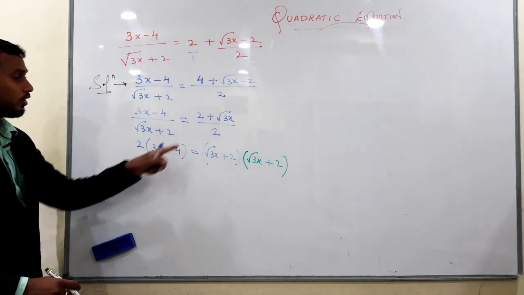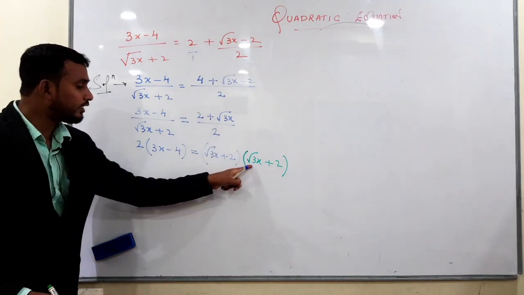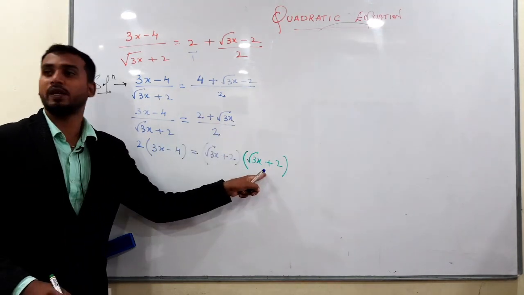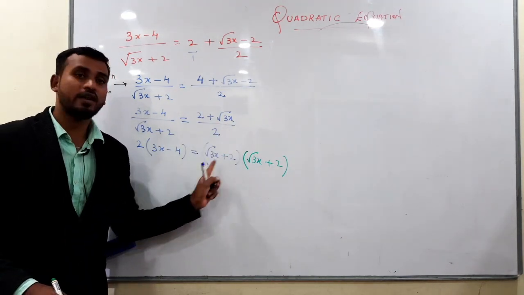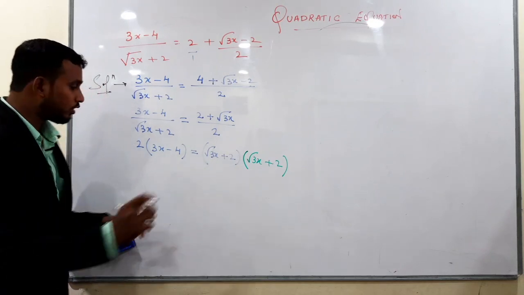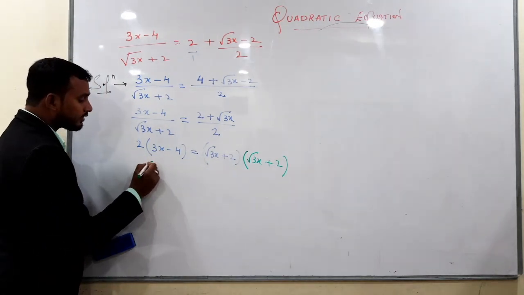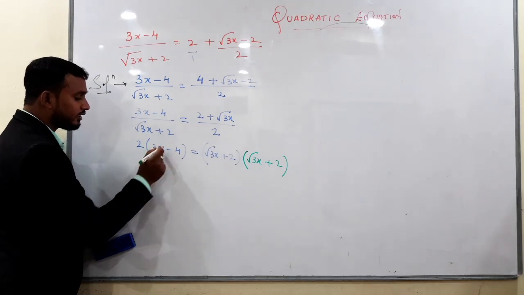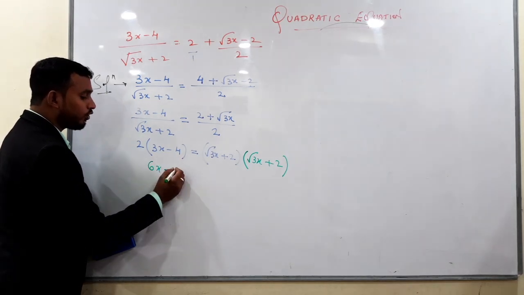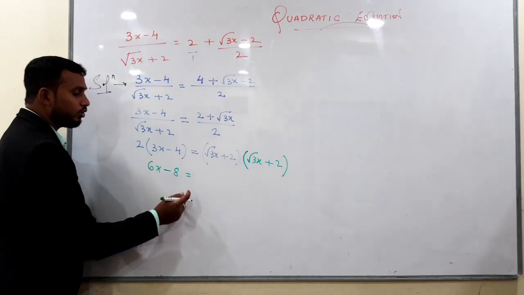Got it? So this is this term and this is the denominator which we have multiplied. Don't think that 2 times we have written. Understood? Good. Now shall we multiply these terms? 2 into 3x, 6x, 2 4s are 8, is equal to, we can see